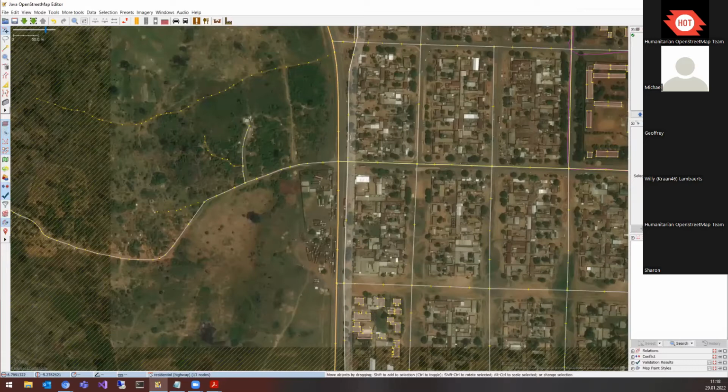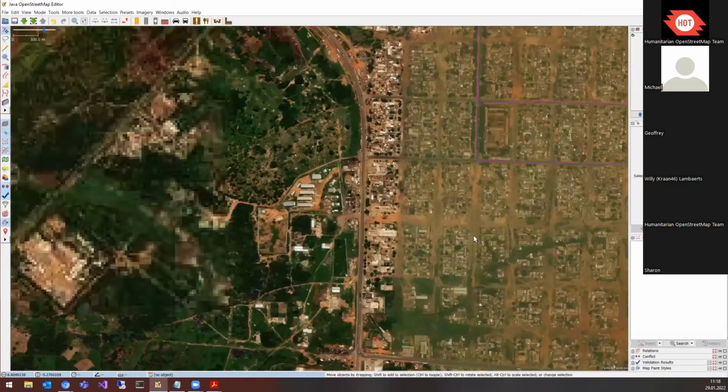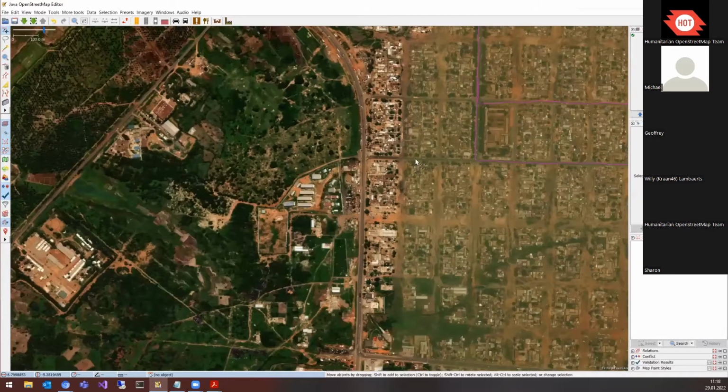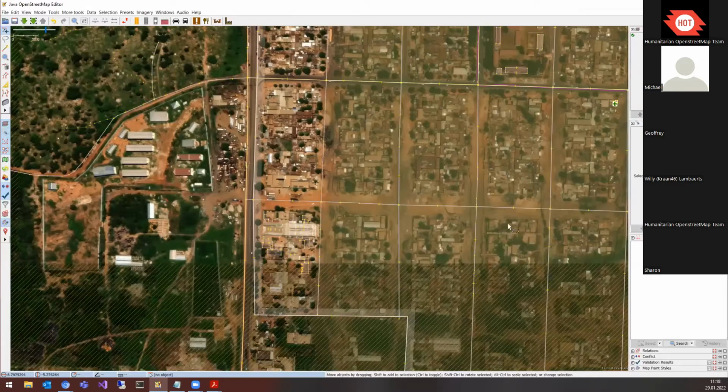And if I switch off the layer for a while, you can see that Maxar, obviously this layer here is stitched together from different imageries. There is one on the right, and there is obviously a different one on the left, which you can visually see. And the problem is that, well, they don't match pretty well,